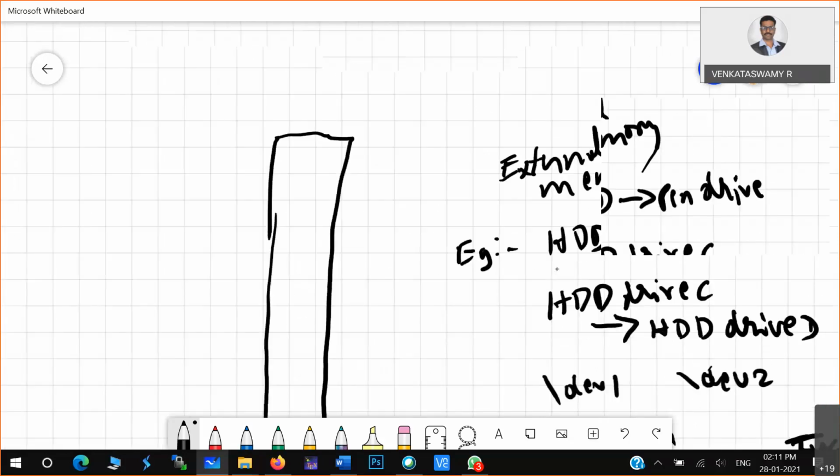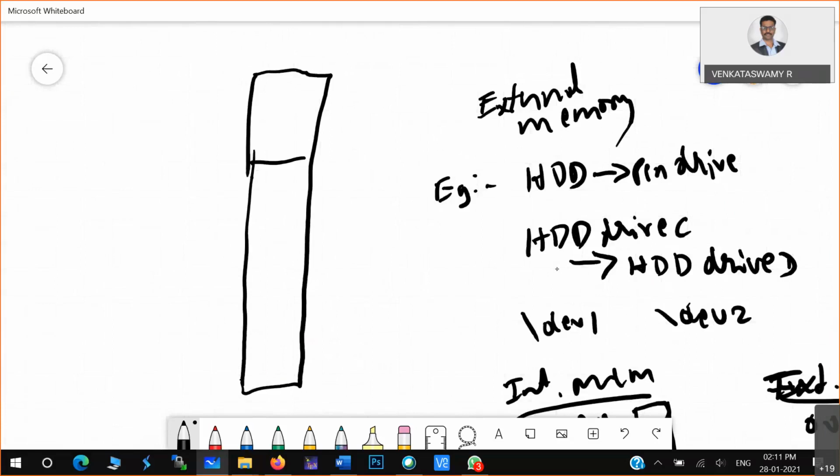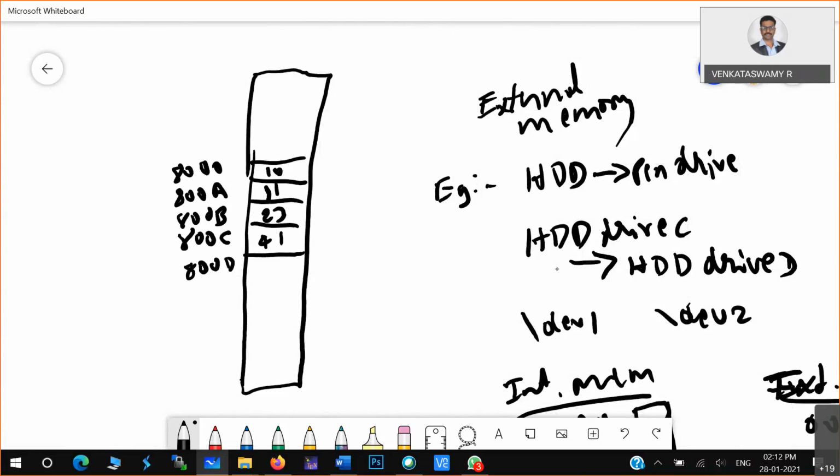Now what are we trying to do in this particular experiment? Maybe, for example, at 8000 you have 11, at 8001 maybe 23, at 800C maybe 41, and at 800D maybe 1A. Say 10 elements may be there, whose starting address is 8000.